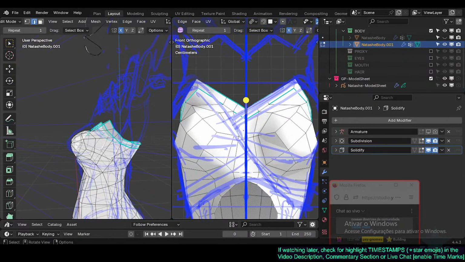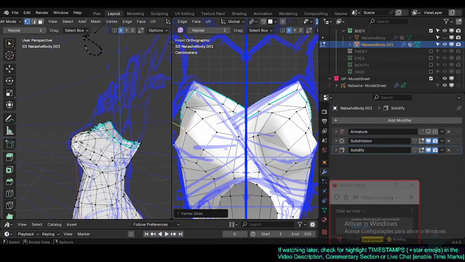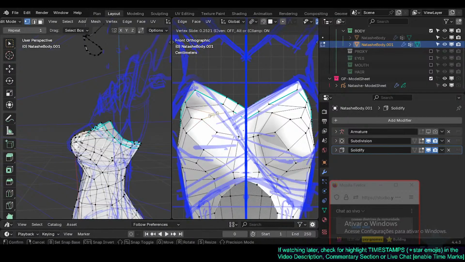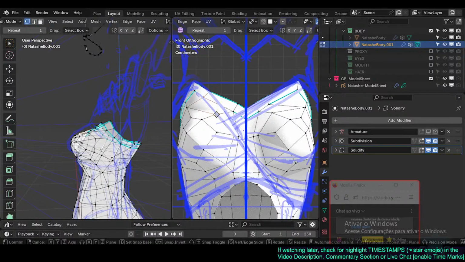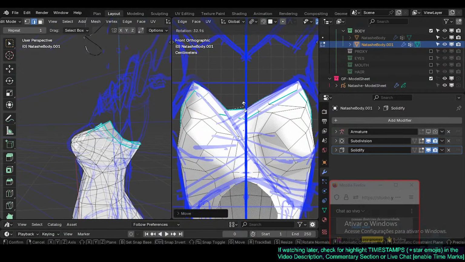The setup here is not too different. The mesh was still entirely symmetrical, so